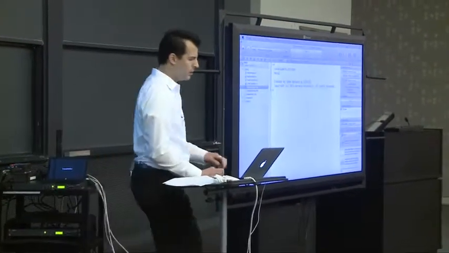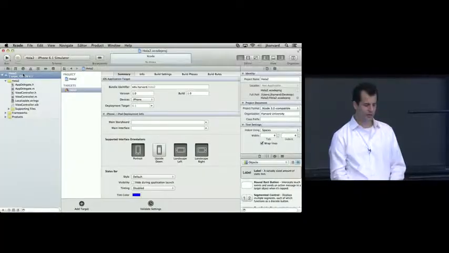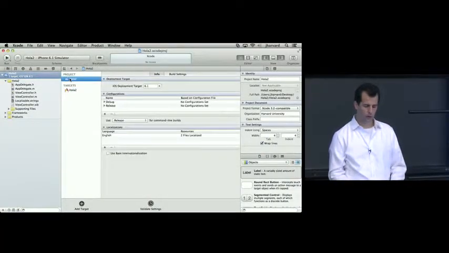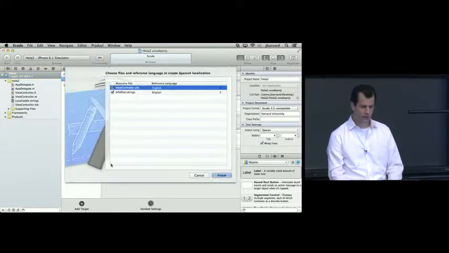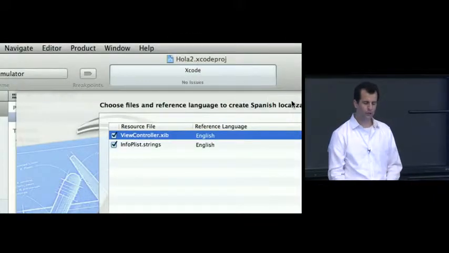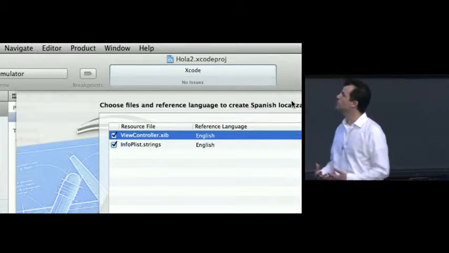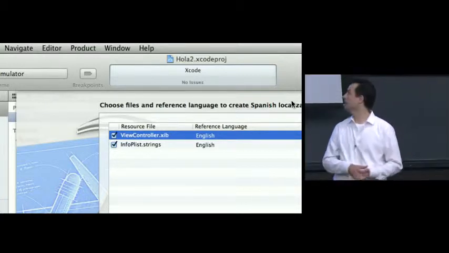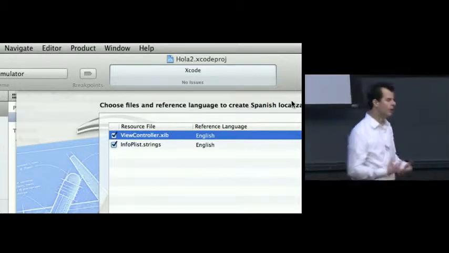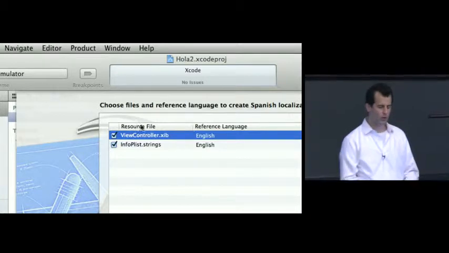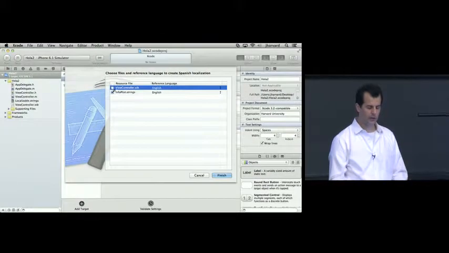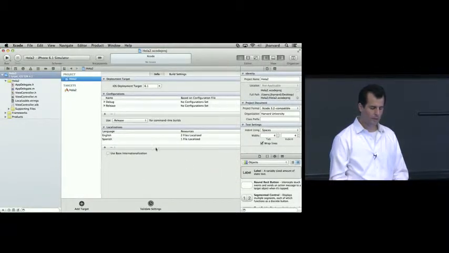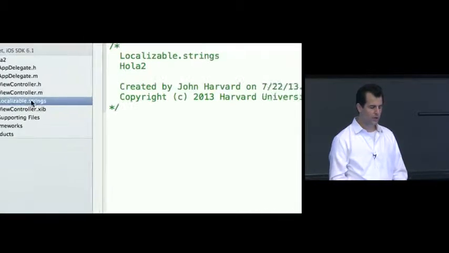So before we do that, let me go up to my project settings as before. Hola2 is the project. And let me go ahead and add proactively Spanish. Unfortunately, by default, Xcode only seems to know about these two default files, viewcontroller.nib and InfoPlist.strings. We're not doing anything with the nib this time, so just to keep things clean, I'm going to uncheck that. InfoPlist.strings we'll come back to, and now I have a Spanish language, but unfortunately I haven't solved the